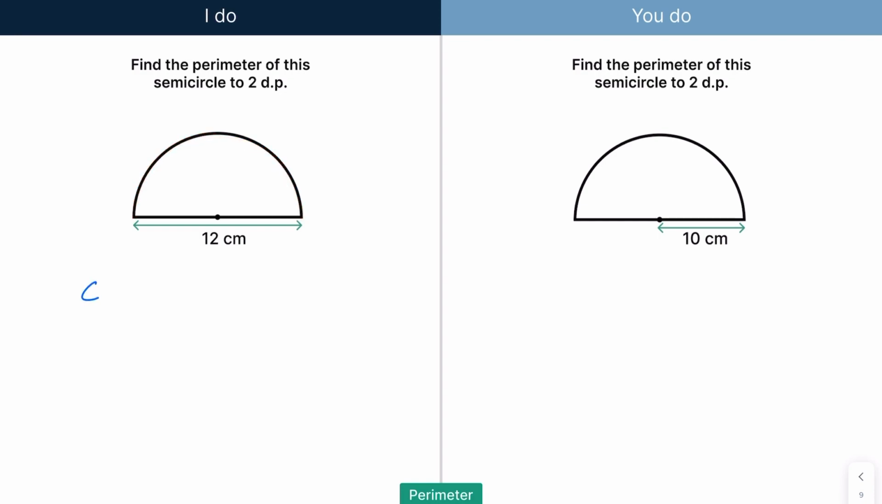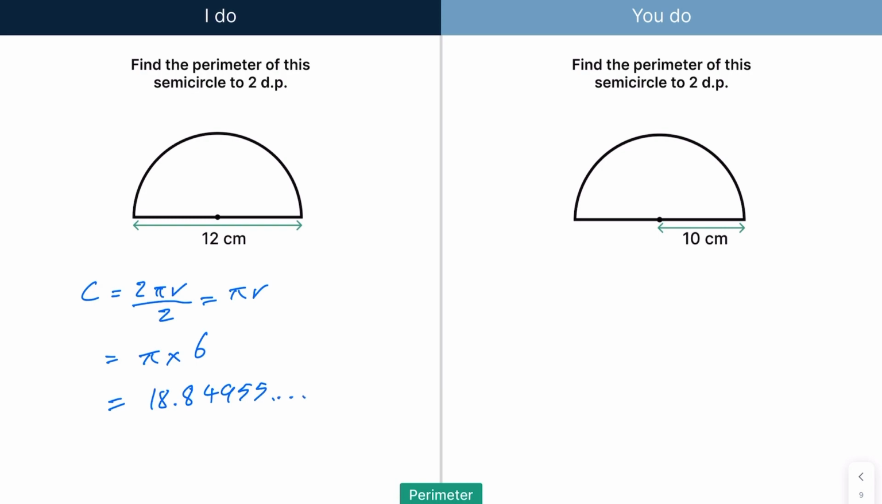So the circumference is 2 pi r. However, this is half of a circle, so we're going to divide all this by 2. So that can then be simplified to pi r, okay, because it's a semicircle. So all we need to do is pi times the radius. Now the radius here is going to be 6 because the diameter is 12. So if I do 6 times pi, in fact, yeah, that becomes